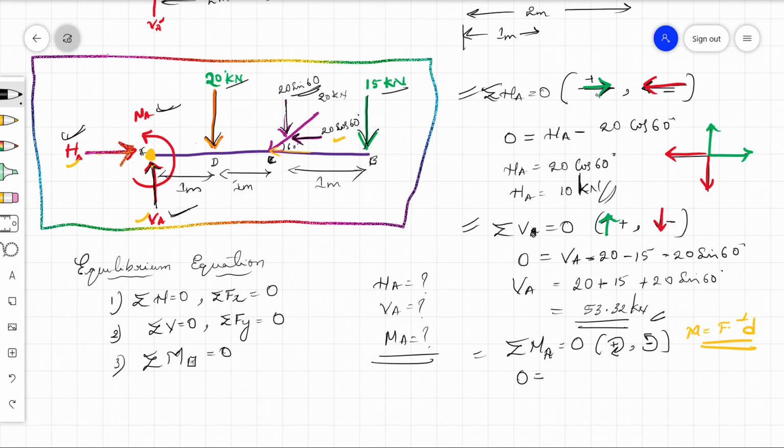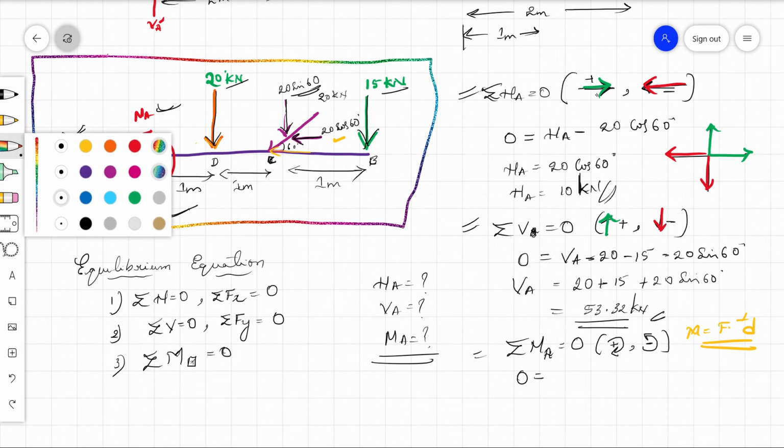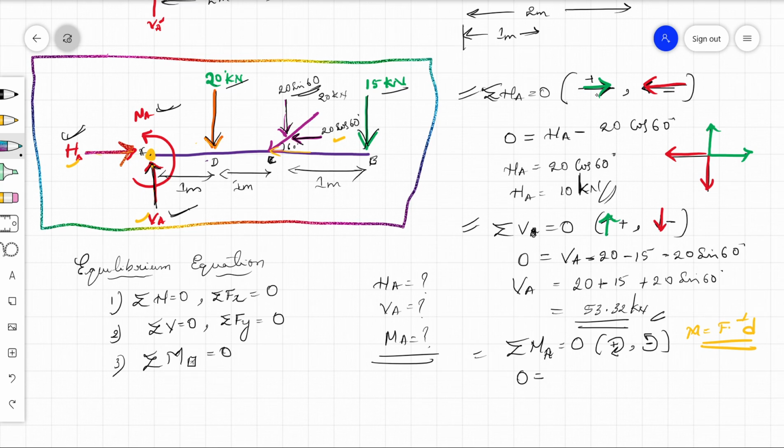Okay, so from this point, all the clockwise rotations, okay, I'll change the color. Now you see, if this is a moment center and this is a force, the first force, how is the rotation taking place? Is this clockwise or anti-clockwise? This is clockwise. So for the first one, 20 is the force, the perpendicular distance is 1, and it is clockwise, so it's positive. This is the force, this is the perpendicular distance.